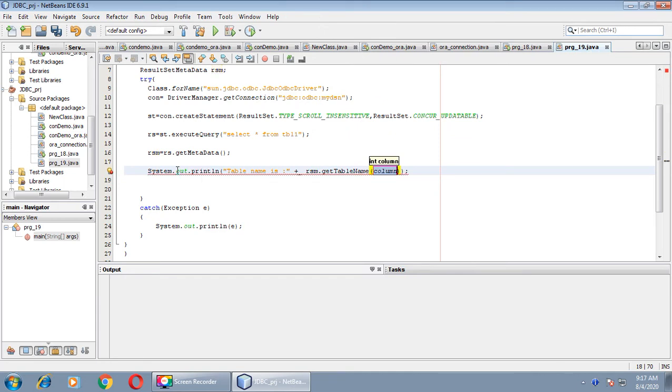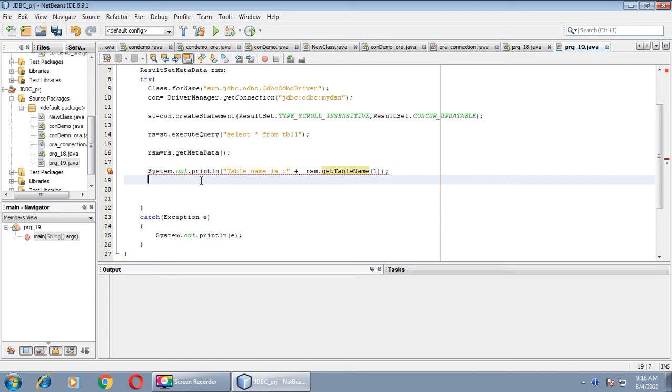Table name, this method. Then next column is case sensitive or not, that information also we can get through the one method, that is